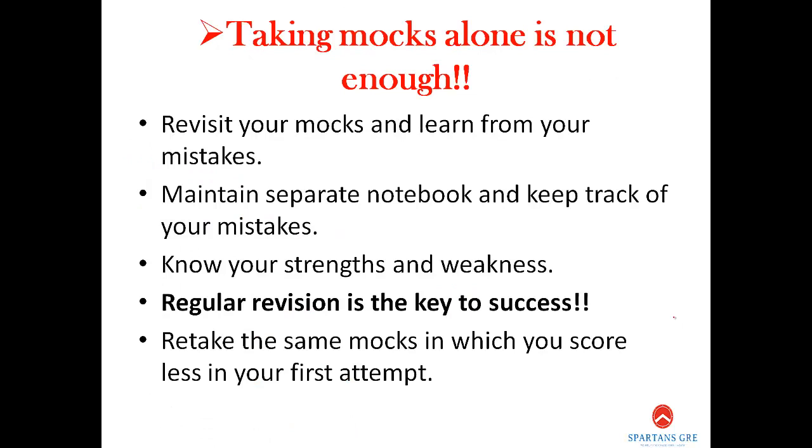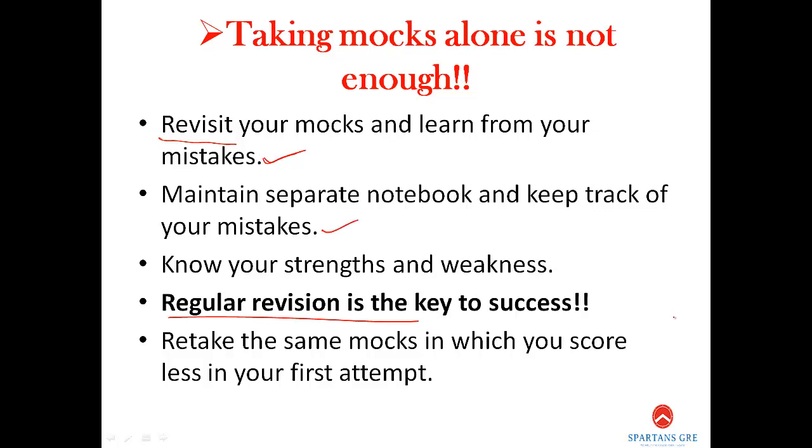Now taking mocks alone is not enough. What you need more is revisit and revision. Once you are done with your mocks, for each and every mock you have to revisit it and make sure you understand where exactly you are going wrong. Try to learn from your mistakes. Maintain a separate notebook and keep track of your mistakes.